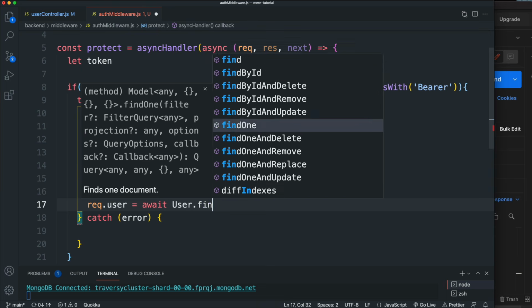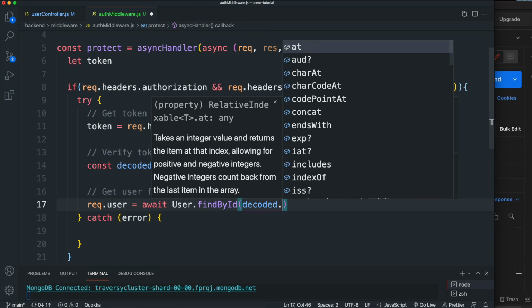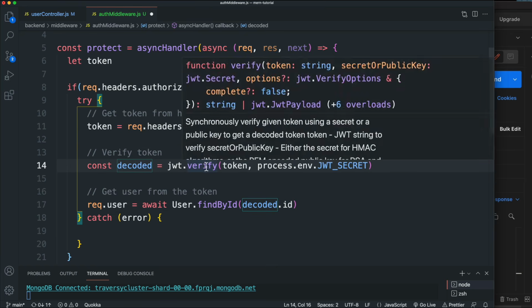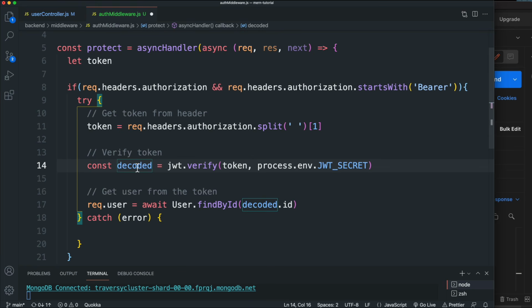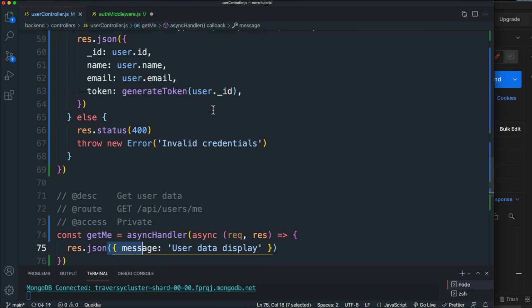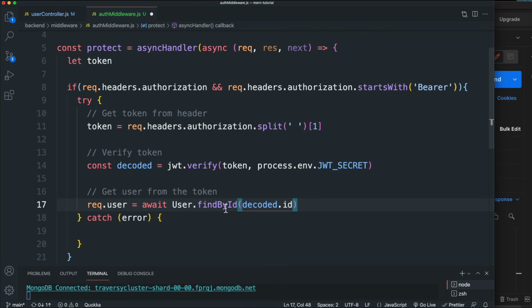So from the user model, we're going to use findById, and the ID is going to be in the decoded object. Okay, because this right here, when we do verify, that will allow us to get the payload, or that will decode it so that we can get the payload, which is the ID. And remember, we set the ID in the token. If we go, let's see, right here, when we signed it, we set the ID. So we could put anything in here. You know, we could put the user name or whatever we want inside of the token payload, and then we could get it here. So what we're doing is finding the user by the ID that's in the token, but